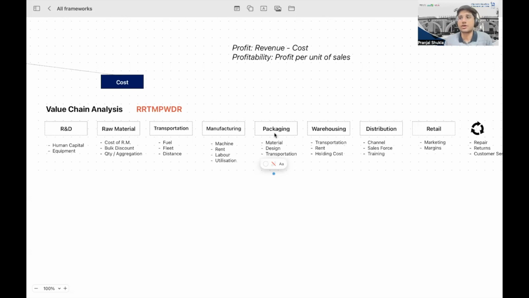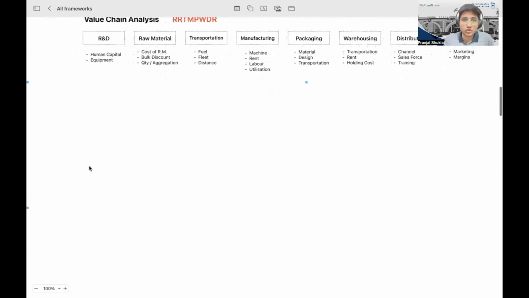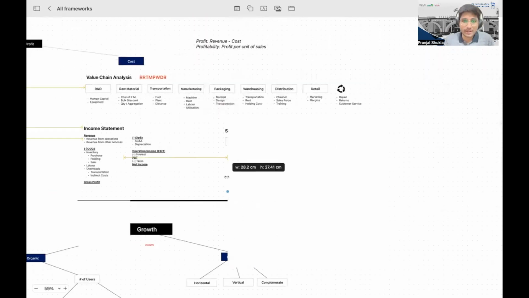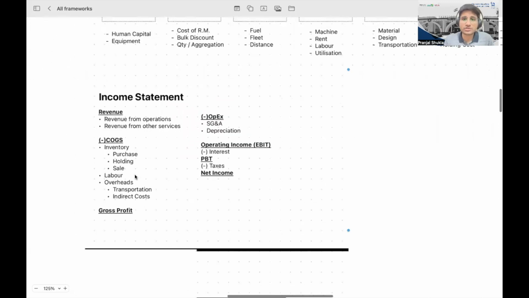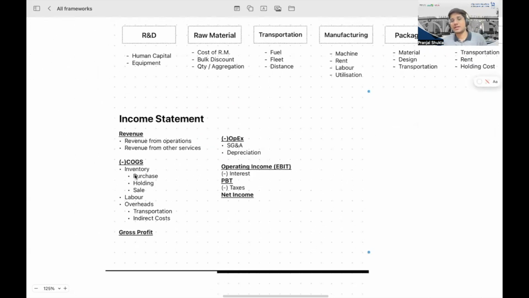For a medicine, for a pharma company, it's very important. However, if you are unable to crack it using this framework, you can use something like this. You can use an income statement. An income statement is something that you'll be learning about in your finance classes. However, a rough income statement, a very crude one, looks something like this, where we have the revenue, which talks